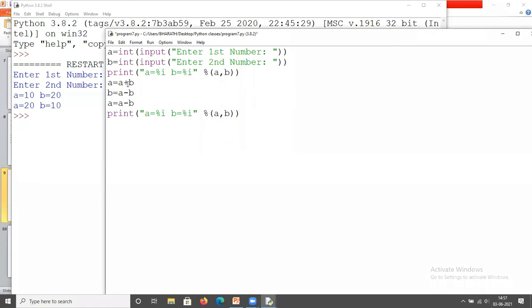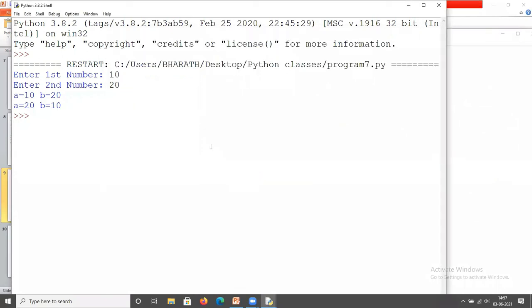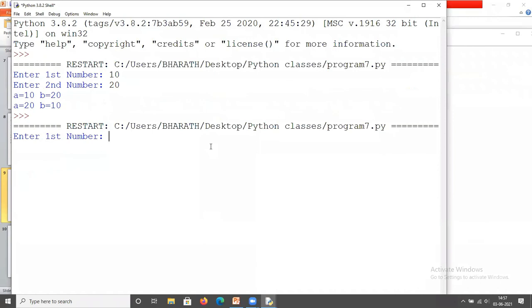Here you use multiplication, and in the place of subtraction, you use division. If you execute the program, 10, 20, A equals 10, B equals 20. After swapping, A equals 20 and B equals 10.